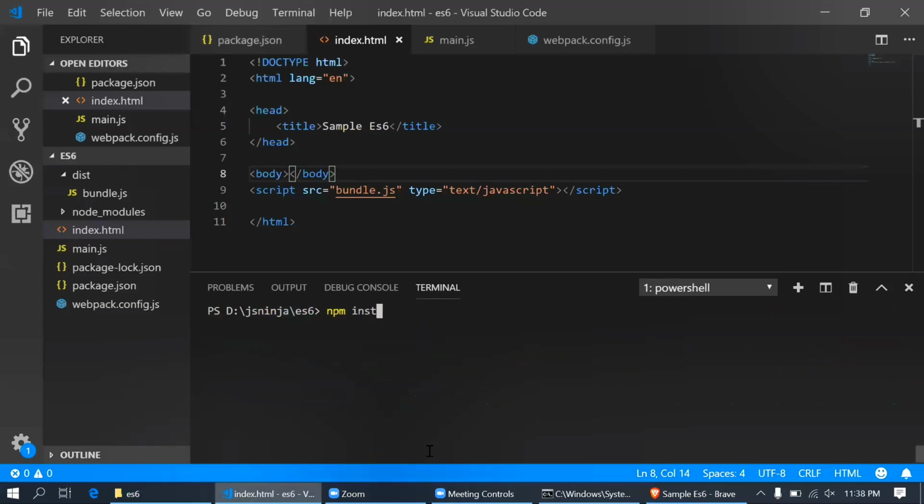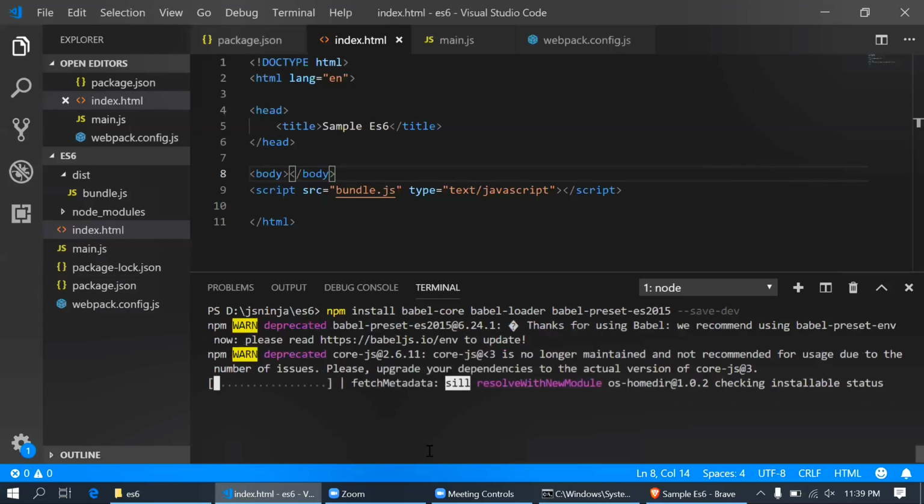Here, npm install babel-core, babel-loader and babel-preset-es2015. Why 2015? Because we have to convert from ES6 to ES5.